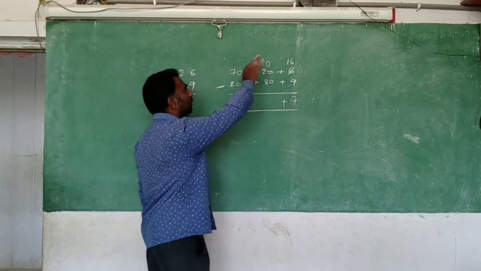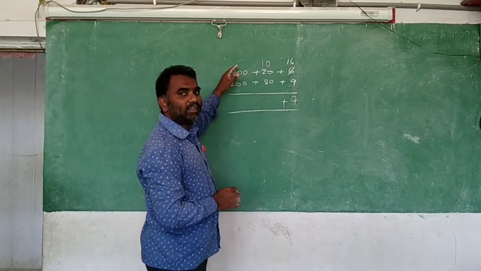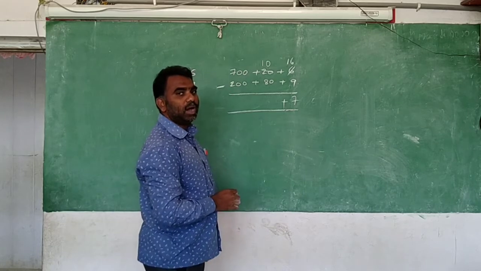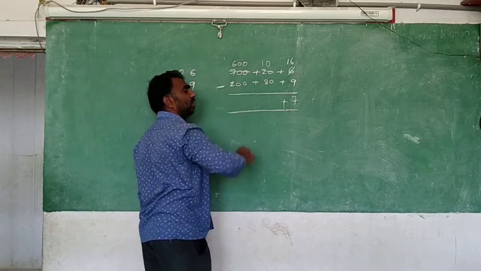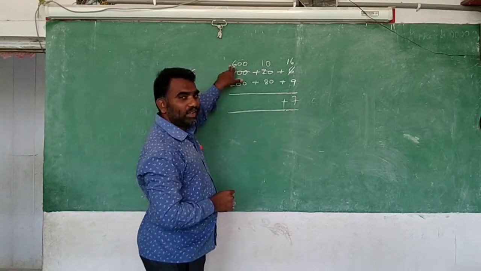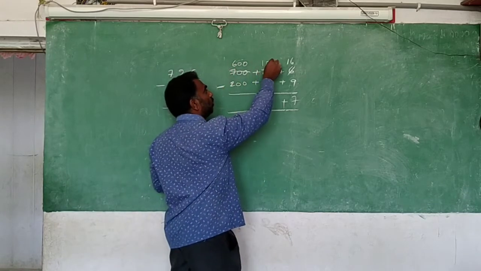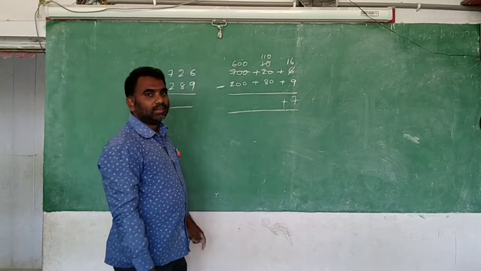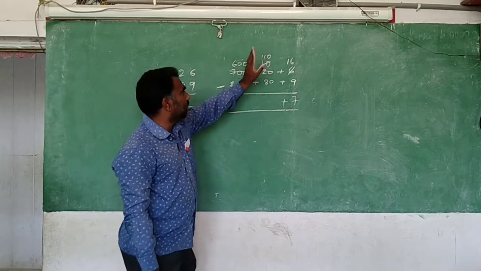We will borrow the number from the before place. In before place what are there? Hundreds are there. So we will borrow 100 from here. Means 600 is left here. We are borrowing 100. But here what is left here? 600 left. Here already 10 is there. 100 you borrow, no. Means what it will become? 110. When you borrow 100 here and already 10 is there, 100 and 10 become 110.